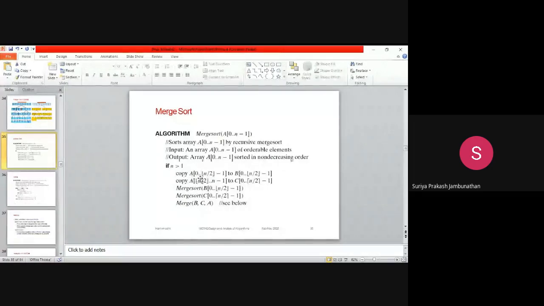Copy A of 0 to n divided by 2 minus 1 to B of 0 to n divided by 2 minus 1, and copy A of n divided by 2 to n minus 1 to C of 0 to n divided by 2 minus 1. This is the way we apply our division operation.